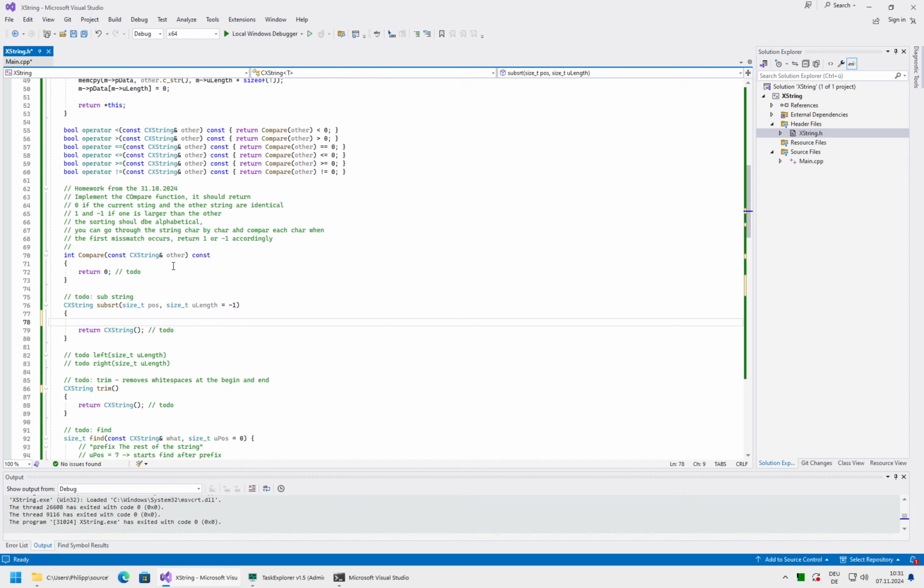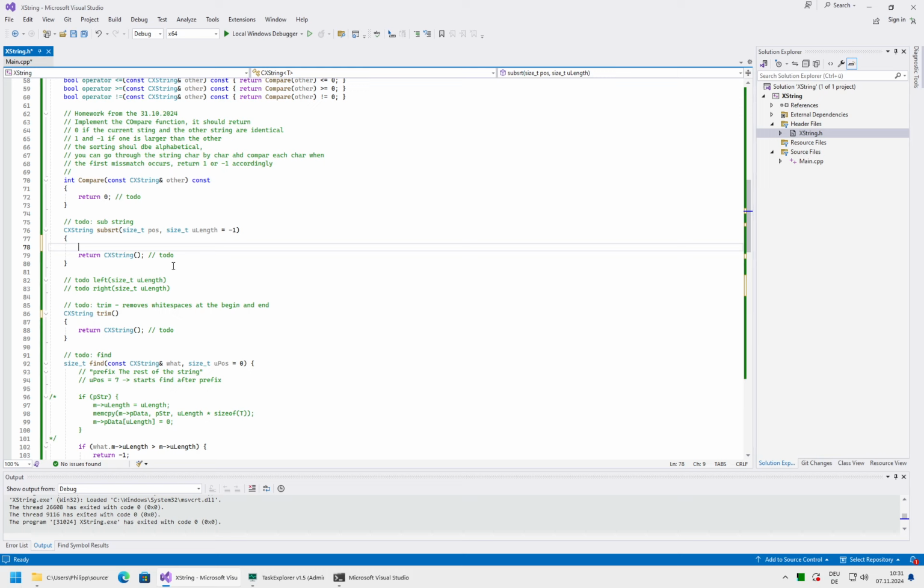It returns a new instance of CXString, and it copies the selected range from one string to another. To do it properly, it is important to check the position and the length arguments to ensure that we will not try to access some memory which would be outside of the array. And in case of the length parameter, whether it's specified as -1 or whether it's just too big, it should be truncated to whatever is available in the string to return. So even if we specify a certain length, a substring might always return a shorter string if there is no more data in the string.